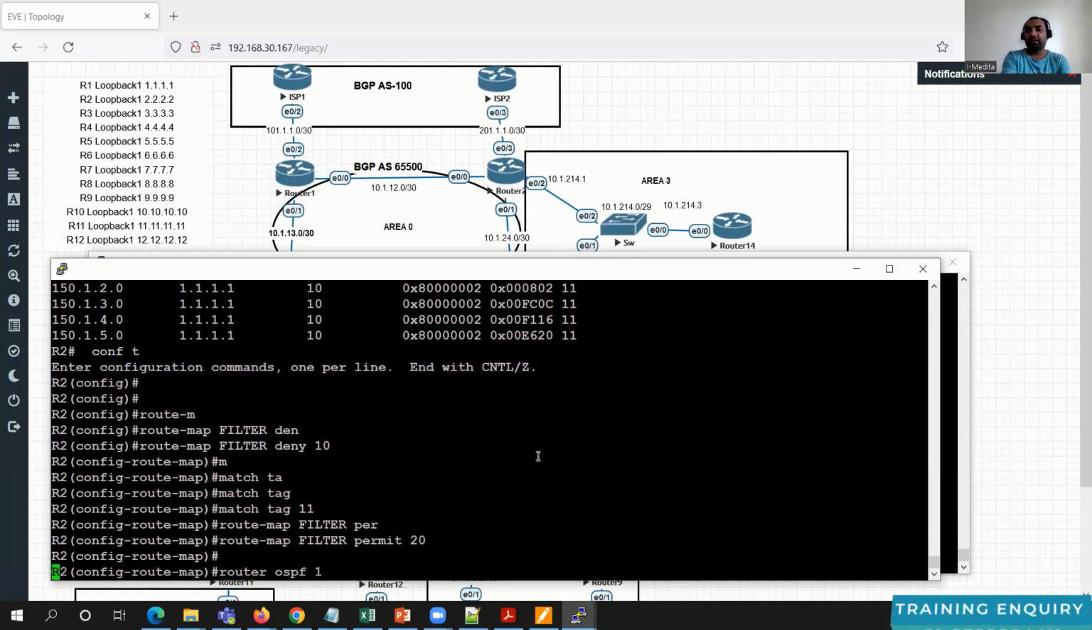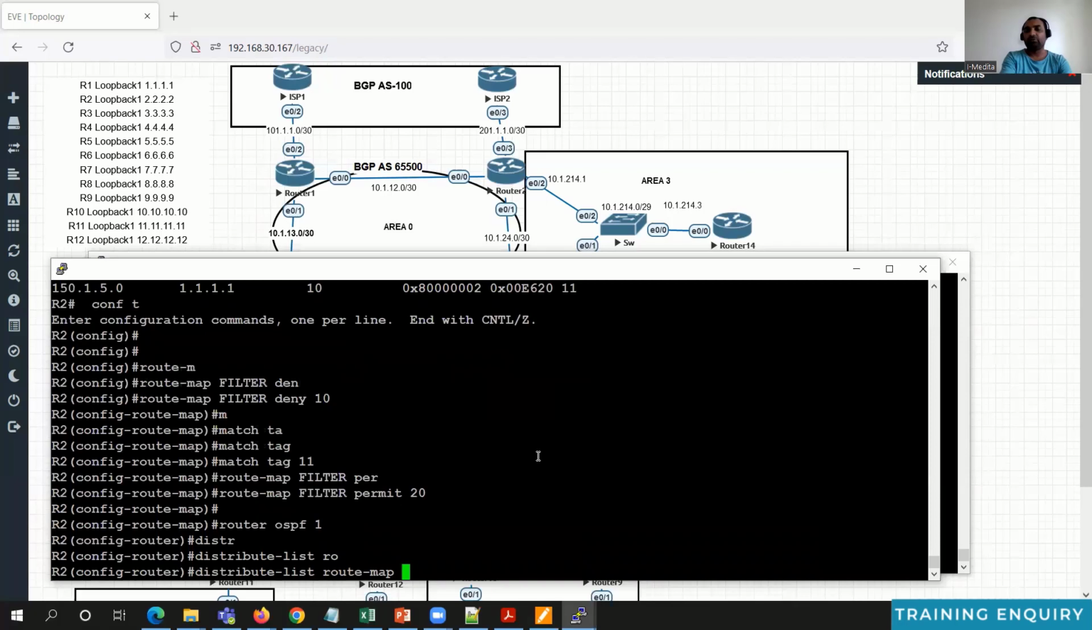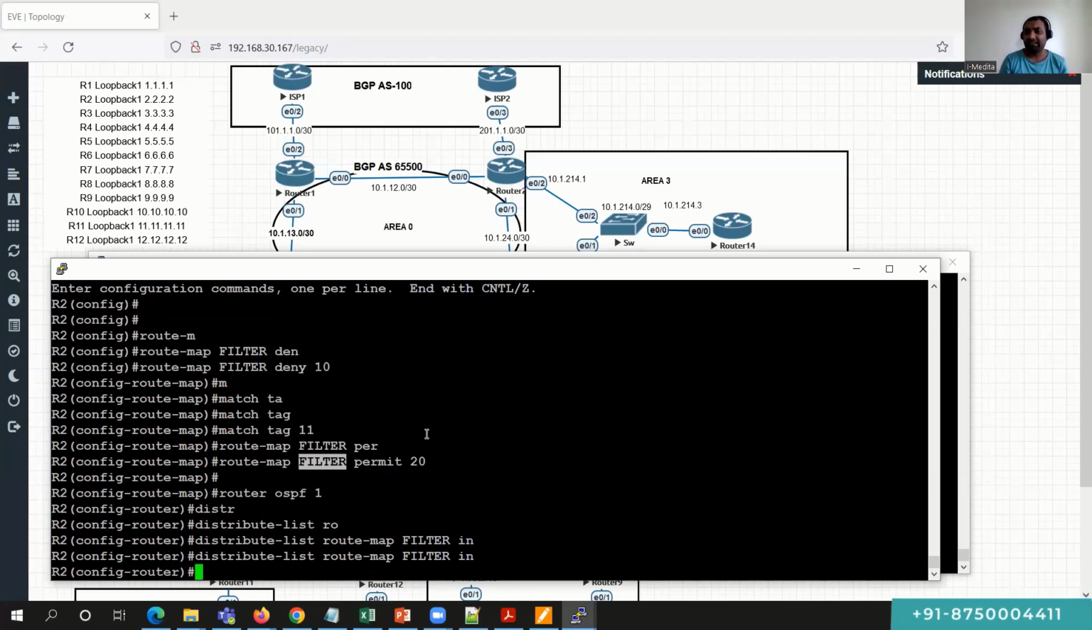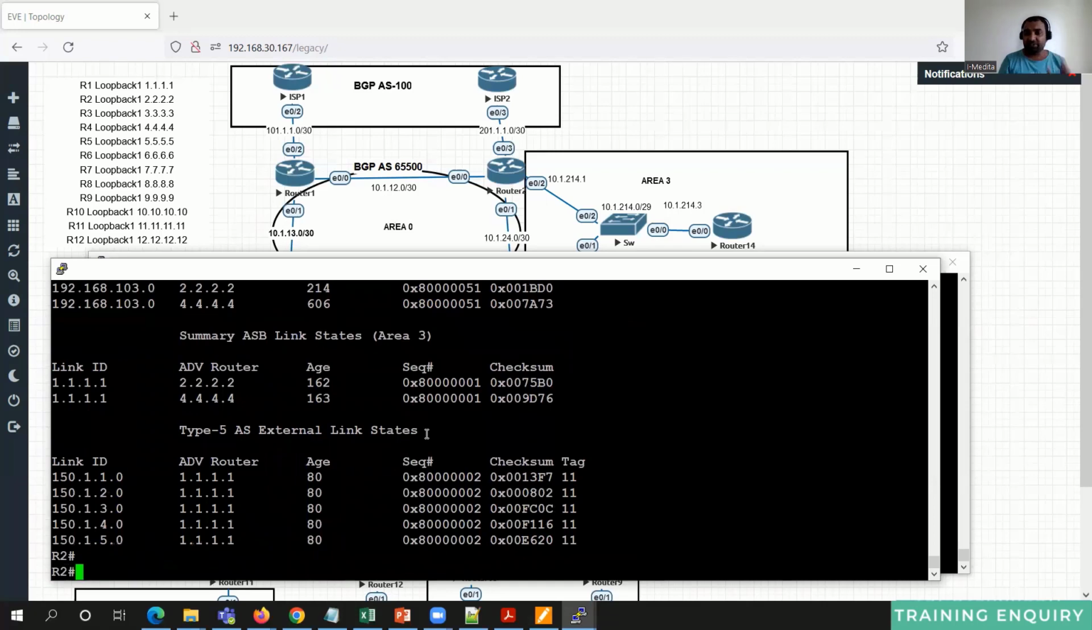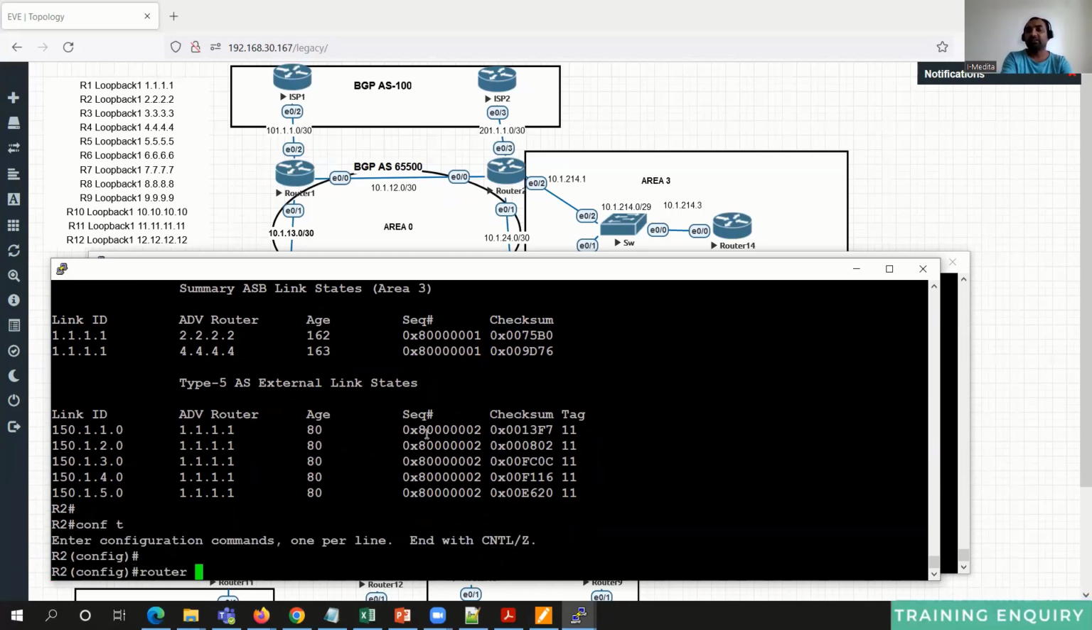And then go and apply the distribute list route map, and that name was filter. So it's kind of like filtering the routes, right, in the inbound direction. Globally, I have applied it, right? So these routes coming with the tag 11 will never ever get installed in my routing table. If I look at the database table, the prefixes will still remain there. However, those prefixes will never ever get installed in the local routing table, even if somebody changed the AD value,